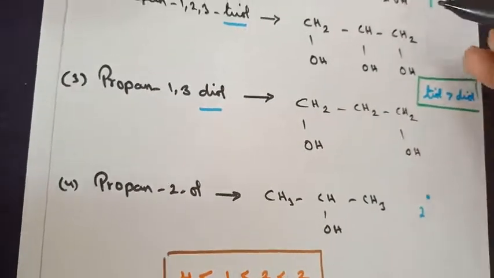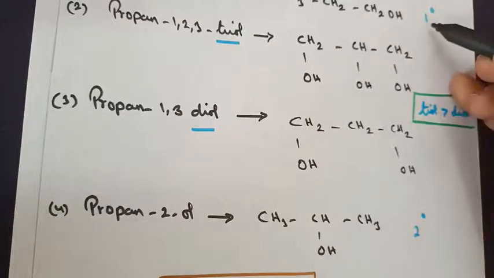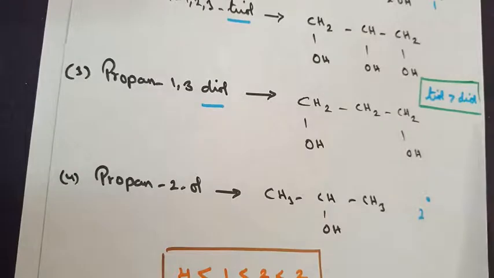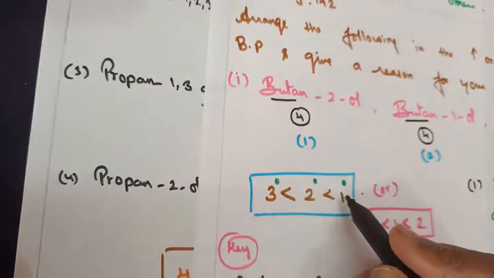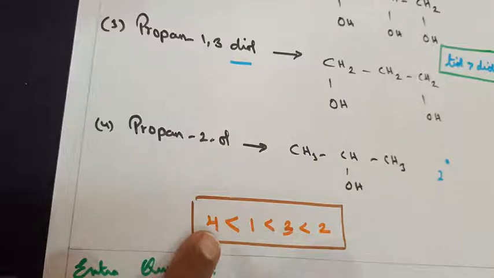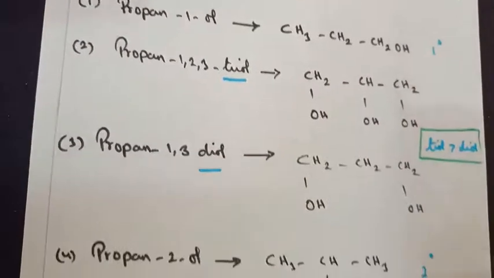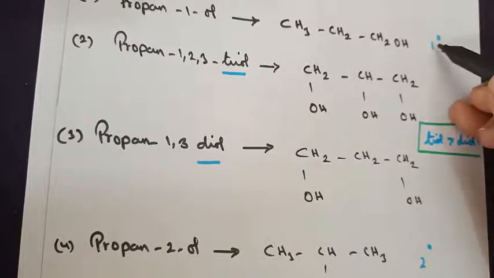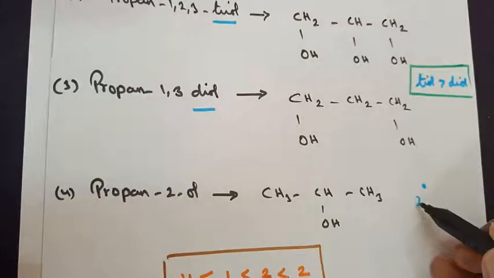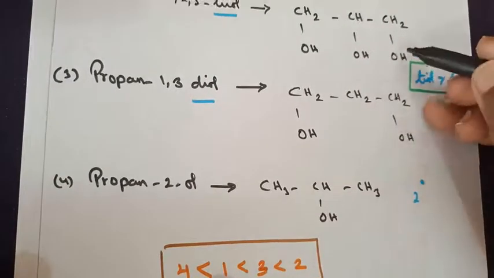So now let's finish with the primary. Since they have 1-1 type of hydrogen bonding, between primary and secondary, if you remember, primary has a better boiling point, then comes the secondary. So I'm writing numbers here. This number, 4, I'm representing as the least in boiling point. Then comes the first one, which is the primary alcohol. Between secondary and primary, this has a higher boiling point than the secondary one. These two are over.